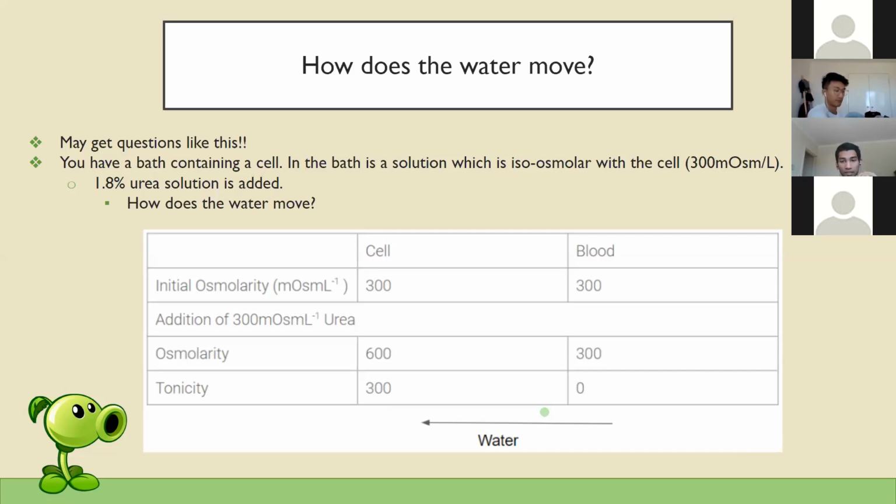Yeah, because it's just that big, so it doesn't really make a difference there. So then you have a difference of 300 in terms of the tonicity. You have just 300 as a value inside the cell, and you have relatively 0 inside the blood. Then the water will want to make the concentrations of the solutes equal, so it rushes into the cell, you get hemolysis, and then the red blood cell dies.